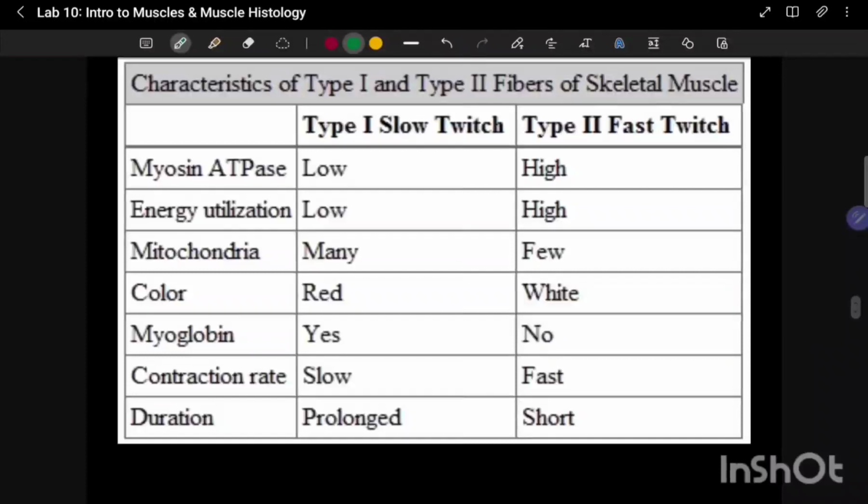And here's a little chart. Again, not going to be asked about it on lab, but it's fair game for lecture. This talks a little more about what kind of structures or what kind of proteins we would expect to find in each type of tissue, and that is what's going to cause some of this coloration. Mainly going to be the presence of myoglobin, and then also that capillary